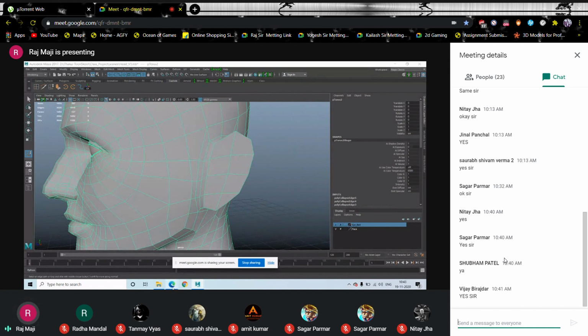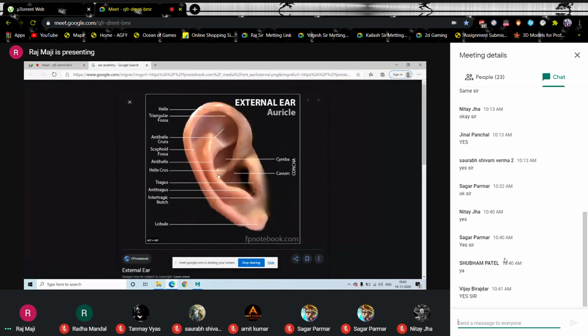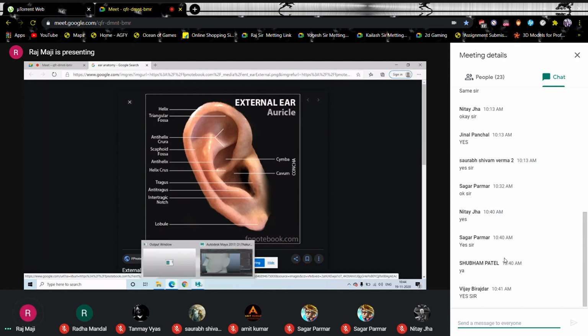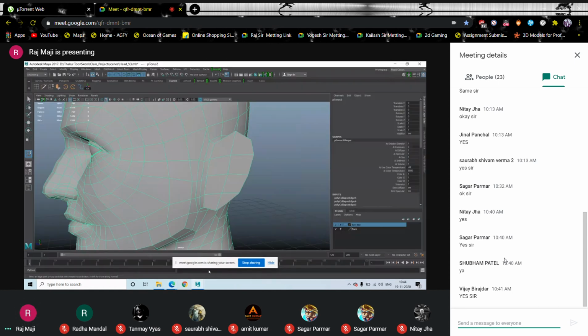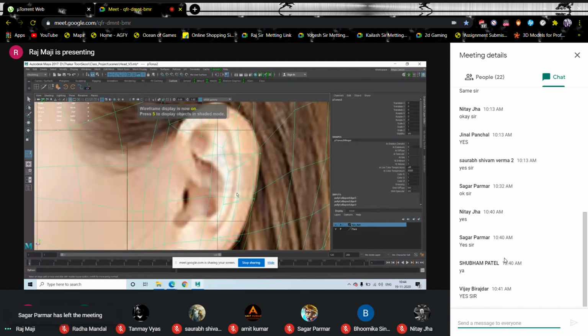Now I am coming back to our reference. So this is the helix we talked about. So first, let's create this helix. What I'm going to do, coming to the side view,